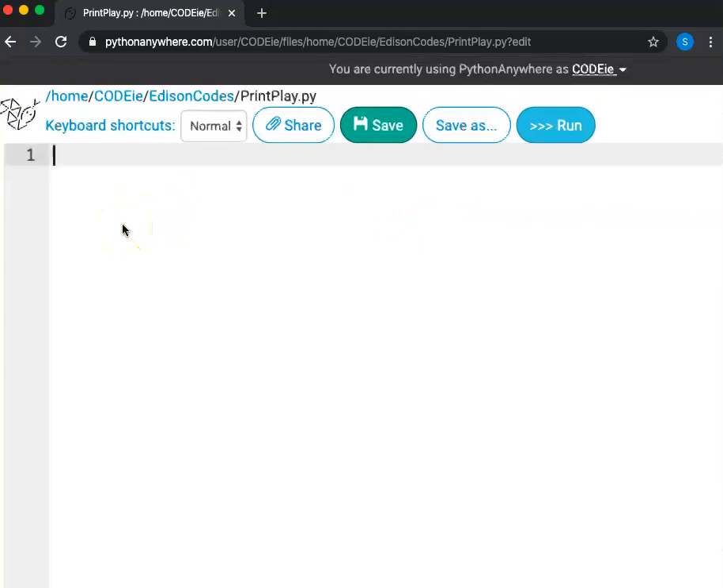Now, a comment. A comment is a line or multiple lines that you write in your program to explain what is going on in your program. Programmers write comments so that when somebody else reads their code, they can see what exactly is going on. For us,